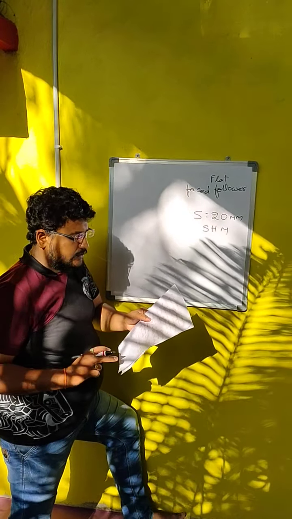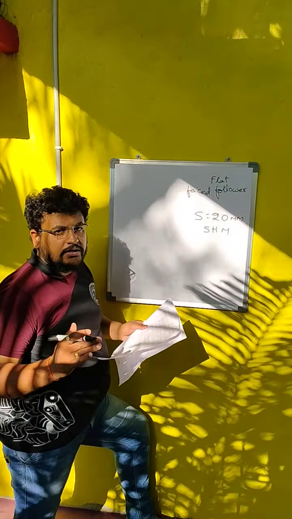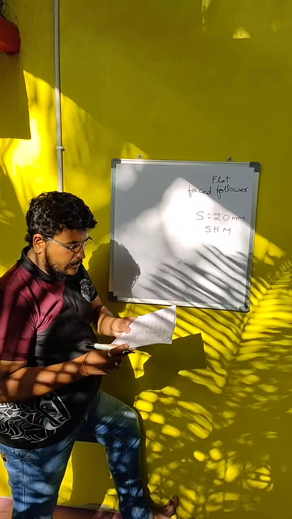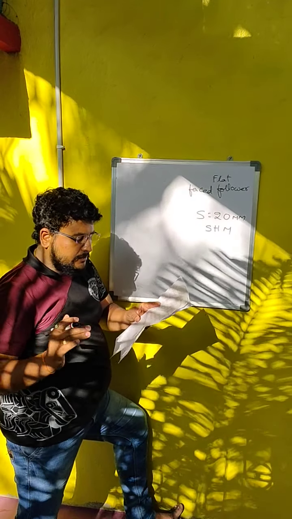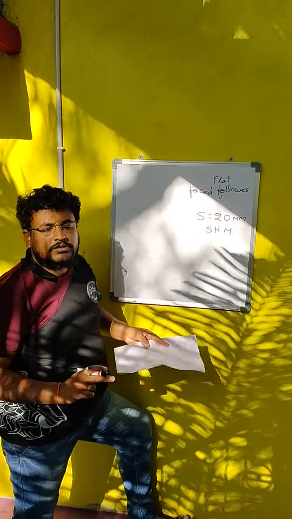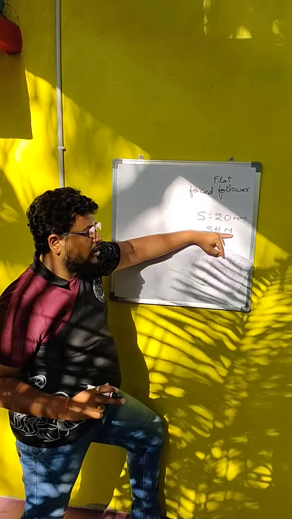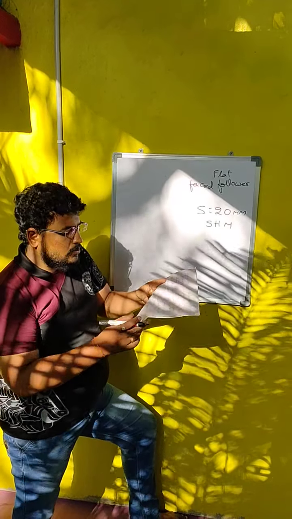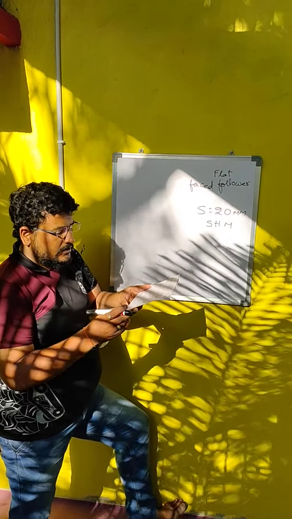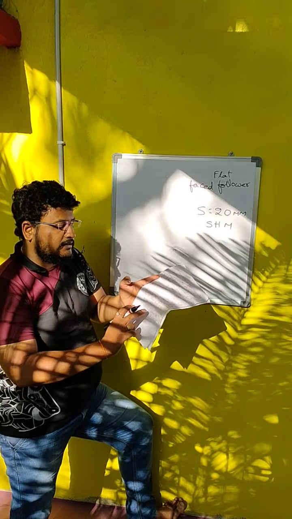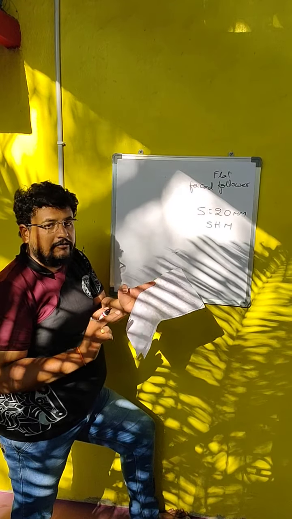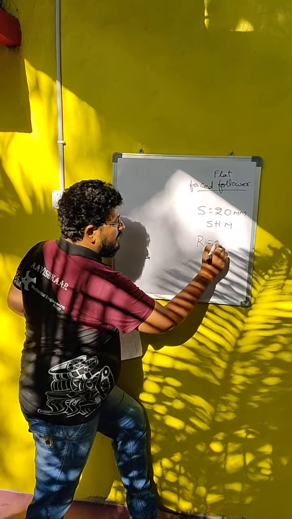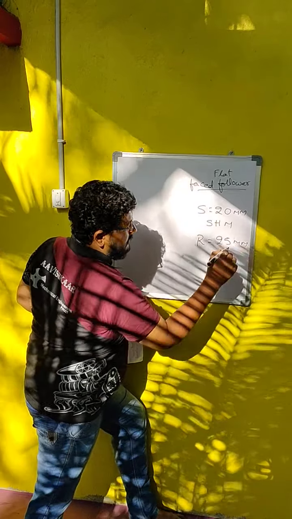The follower dwells during 30 degrees of cam rotation. That means for the first 120 degrees rise period takes place, 30 degrees is the dwell period, and the remaining 120 degrees is the return period. Even in the return period, the motion of the follower is described in simple harmonic motion. That means both rise and return take place in simple harmonic motion, and the remaining dwell period is given as 90 degrees. Now it is asked to draw the cam profile for which type of follower? Flat faced follower. Its radius R is given as 25 mm.